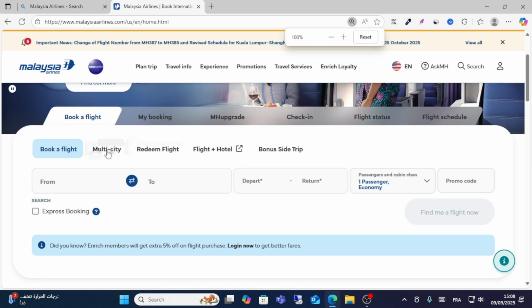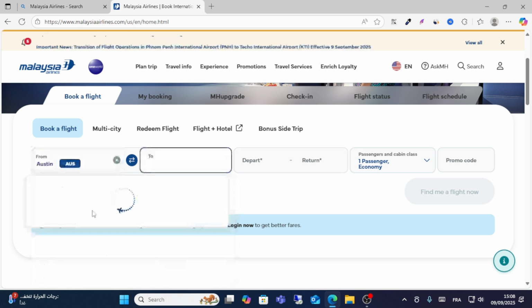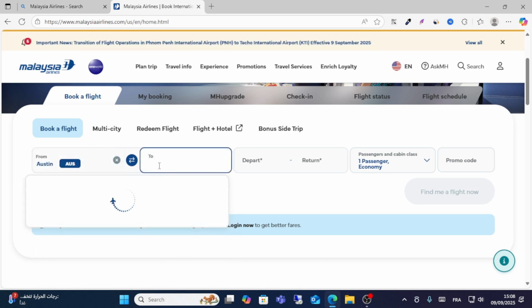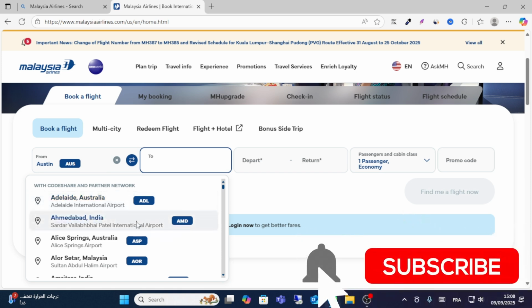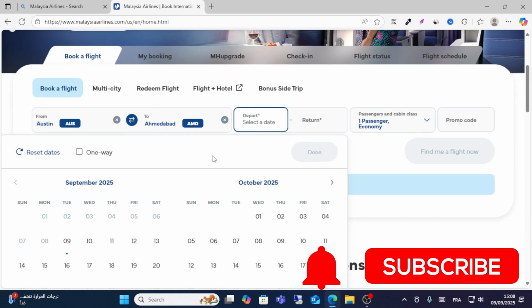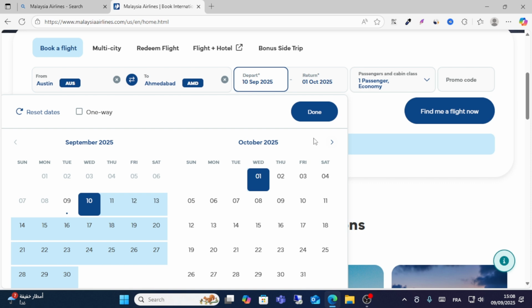From the Book Flights, guys, click on Research From. Choose any place, for example, from Houston, United. The first one, choose the countries here, and then, for example, this one, Houston. To choose your departure or your destination here, for example, India. Choose this one, and then you have to choose Select a Date, for example, 10 September to 1 October 2025,